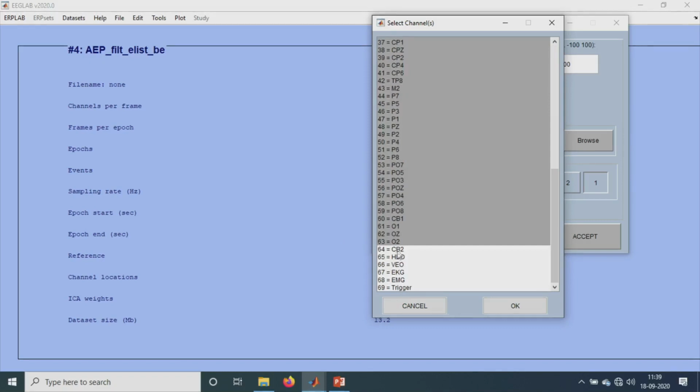If you take the other channels, it will result in all the events being rejected. The trigger channels, especially, and the EMG and EKG channels, you should not select for artifact rejection, because it will reject the whole data set, all the data we require.